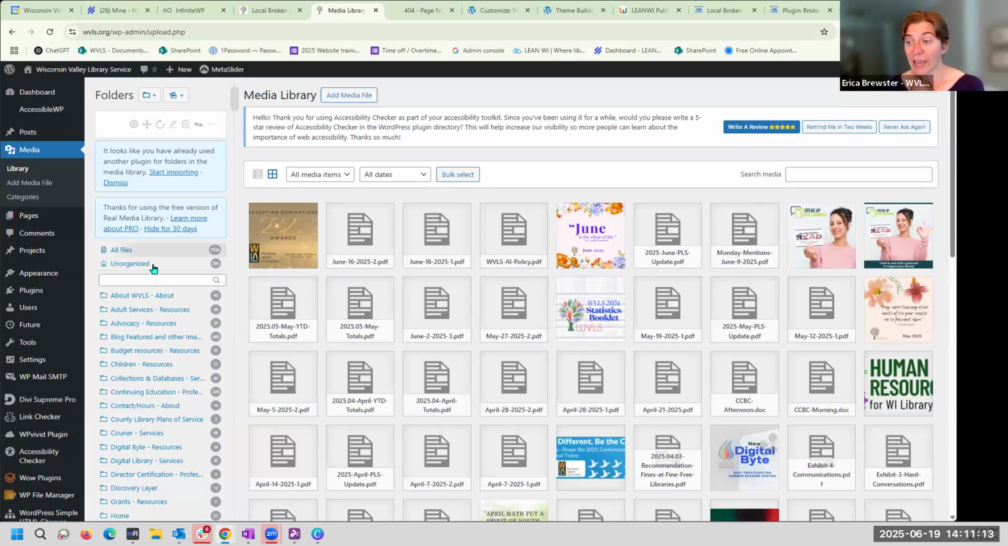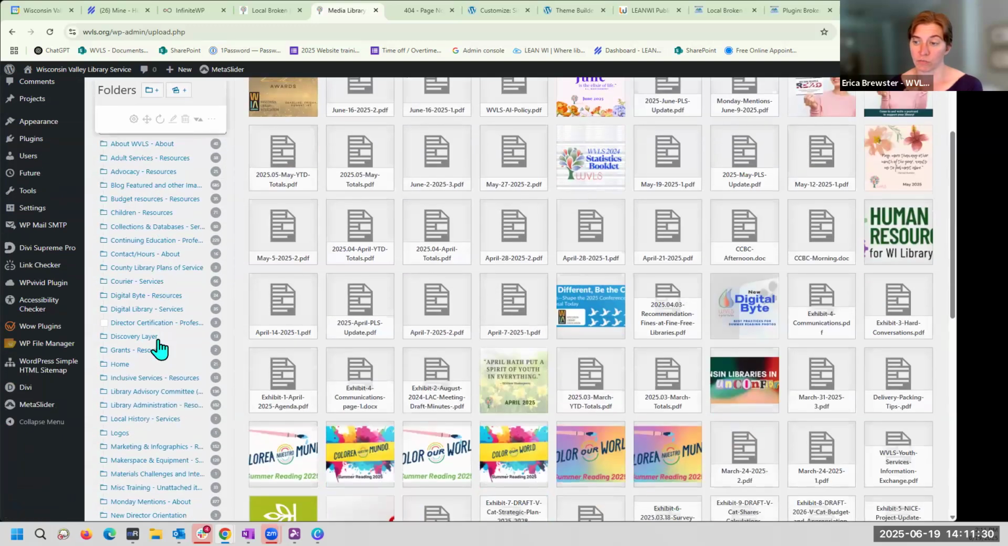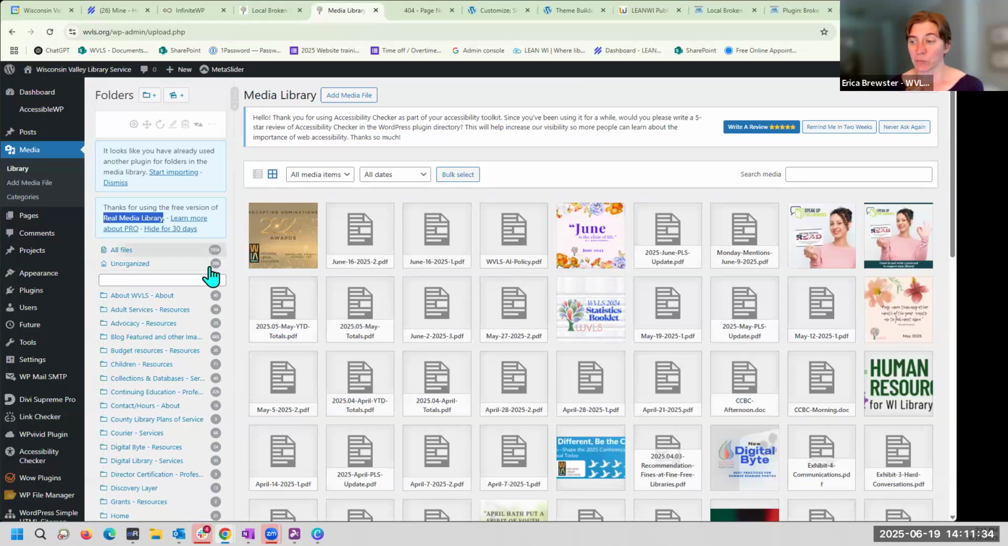I have gotten as far as putting in the Real Media Library, and there is a plugin, and there is a training document on this plugin. It's called the Real Media Library. We're still using the free version, where you can create folders for organizing. And I've gotten down to the point where there's only 705 unorganized media items,